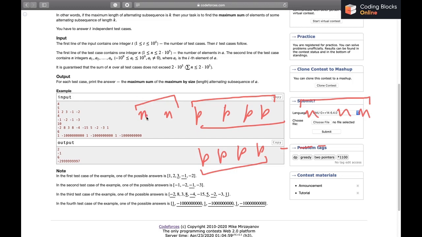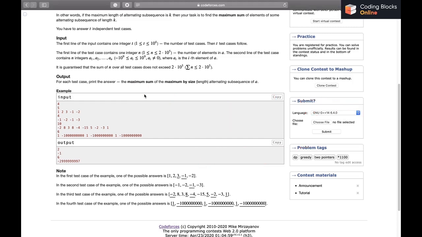Let's say if I don't include one of these negatives, then my length will be L minus 1, the maximum length minus 1, right? So now if I know that I'll have to choose one of these, one of these, one of these, and one of these, what I can do is simply choose the one which has the largest value, because I want the sum to be maximum possible, right? It is as simple as that. I'll be implementing it now.